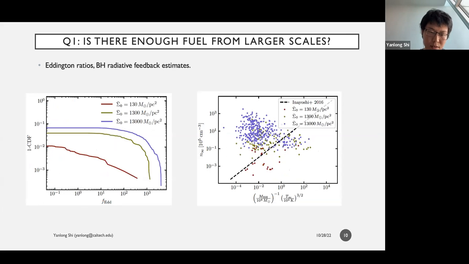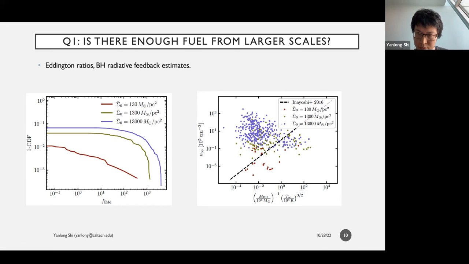And also we try to check the Eddington ratio, which is defined as the m dot black hole over m dot Eddington. And to evaluate the m dot Eddington, we just assume a constant radiative efficiency of 0.1. So it's just Eddington luminosity over c squared over that 0.1 efficiency. So basically, we can find that the Eddington ratio can reach very high, like some of the tails can be like 10^3 Eddington, which is in the regime